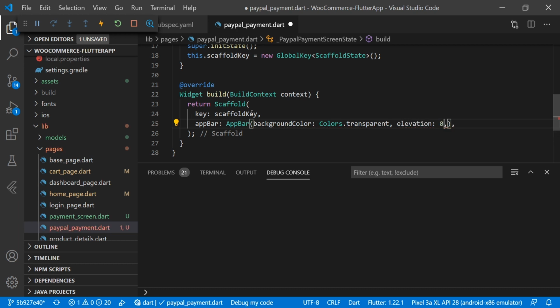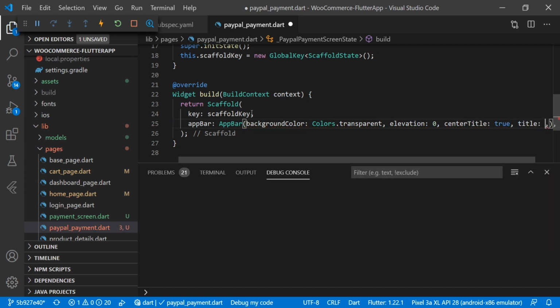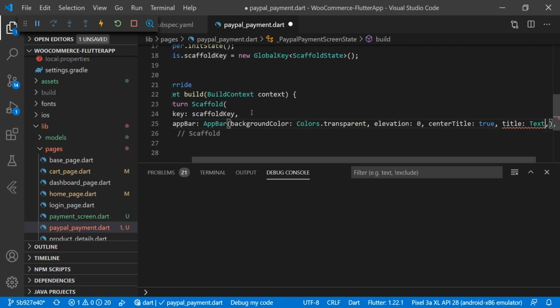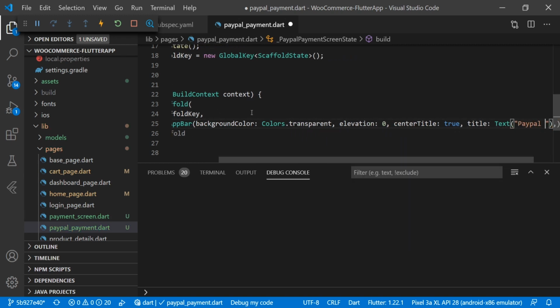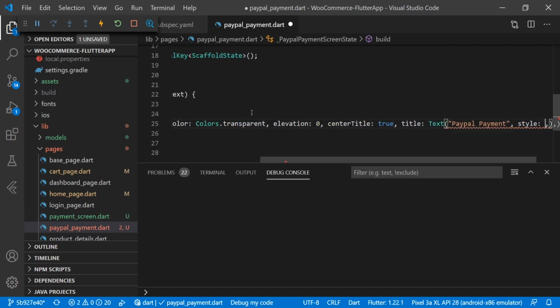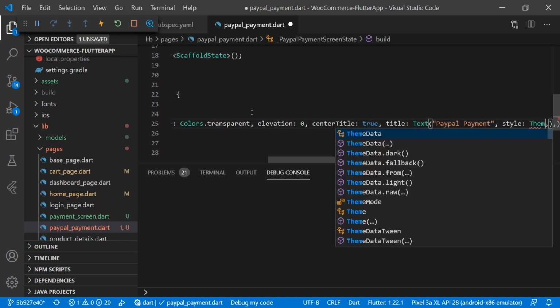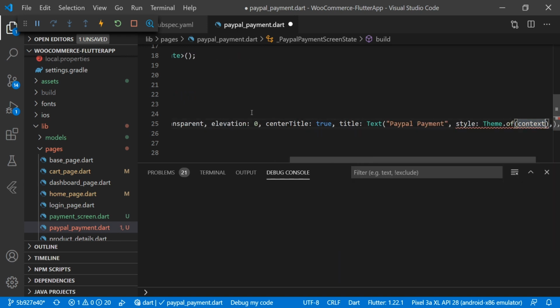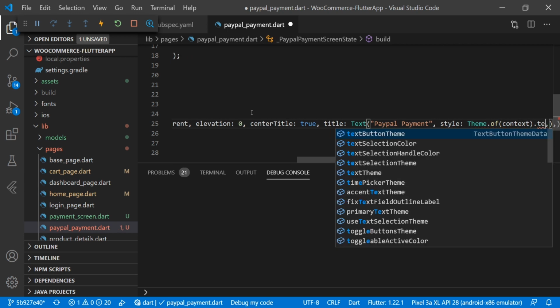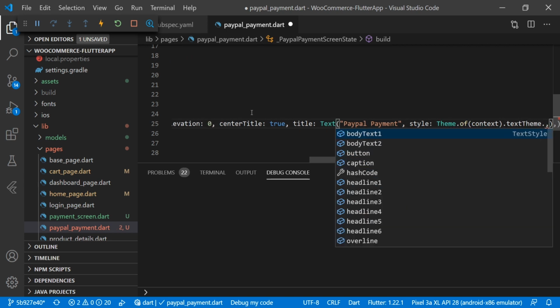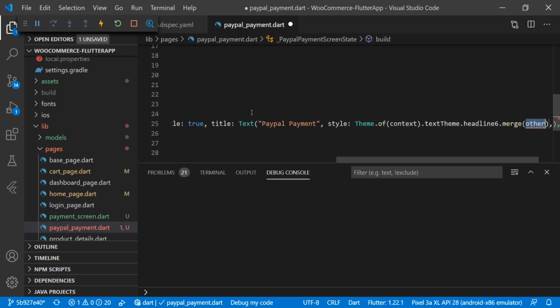Then we have the elevation 0. Then we have the center title is true. Then we have the title here, and we are using here text widget, PayPal payment, and style we are using here theme of context dot text theme dot headline 6 merge,